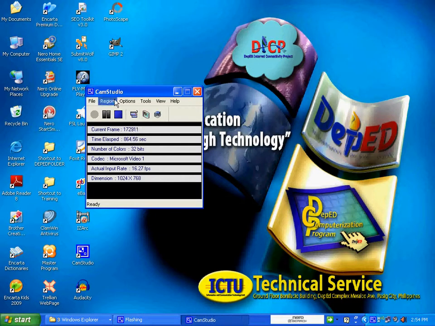Okay, for CamStudio, this software is used for lectures using the PC. We can capture the display of the PC by the use of this CamStudio software. You have to end